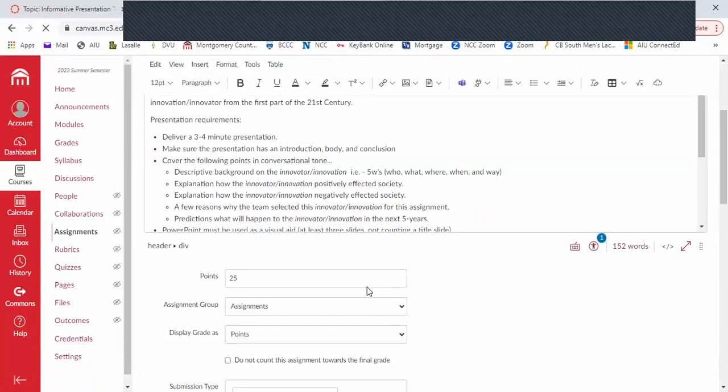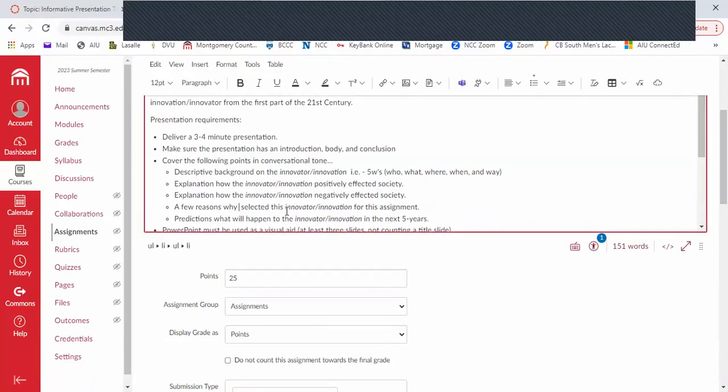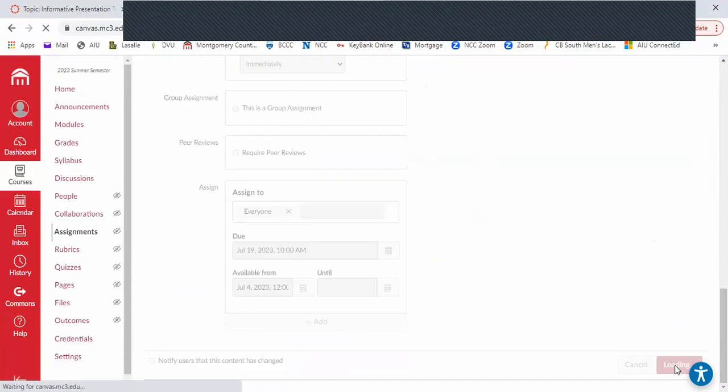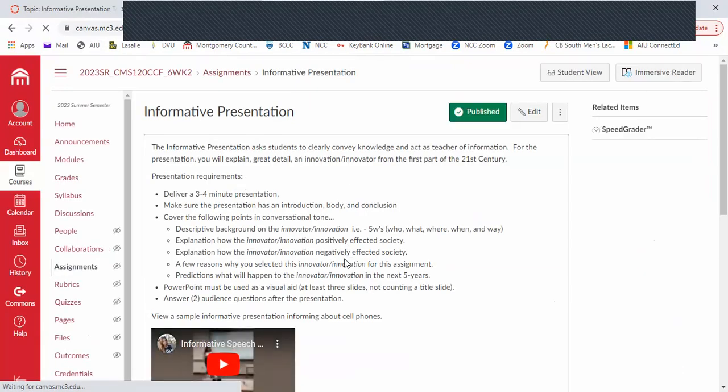I know it says team. I get that out of there too. So why you selected this innovation for the assignment? Like what turns you on about it? What was interesting about it? And again, this is a course that you paid for. This is a class. You could simply just say, I needed a topic for this speech. But you'll see when we start talking about picking topics why that's important.